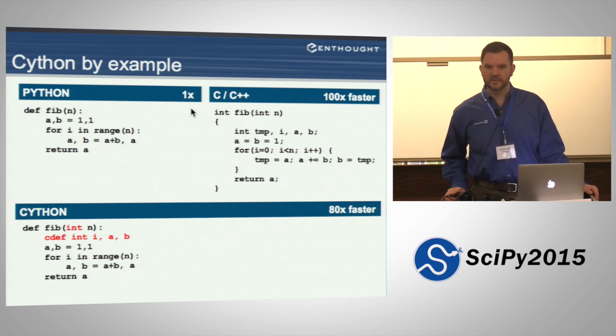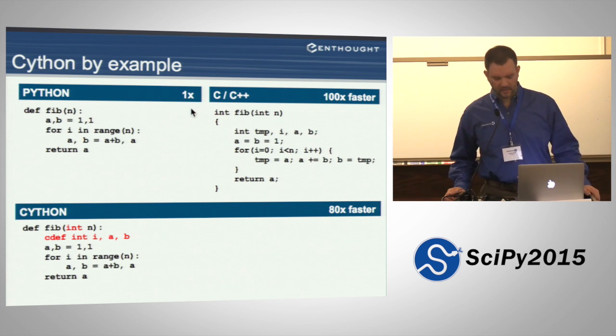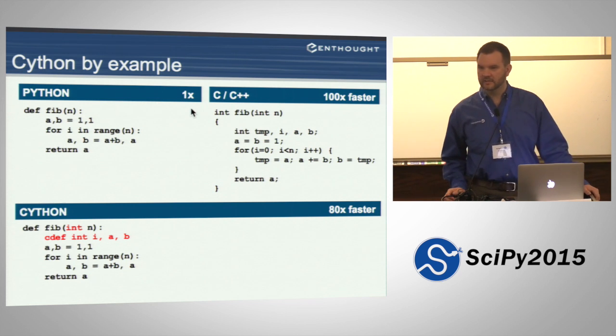Well, if the Python version takes 1 unit of time, then the C or C++ version is about 2 orders of magnitude faster. And the Cython version is just about 2 orders of magnitude as well. And here there's definitely some subtleties here in terms of,